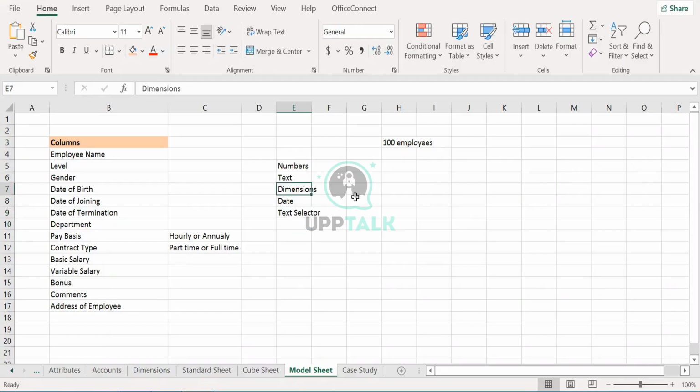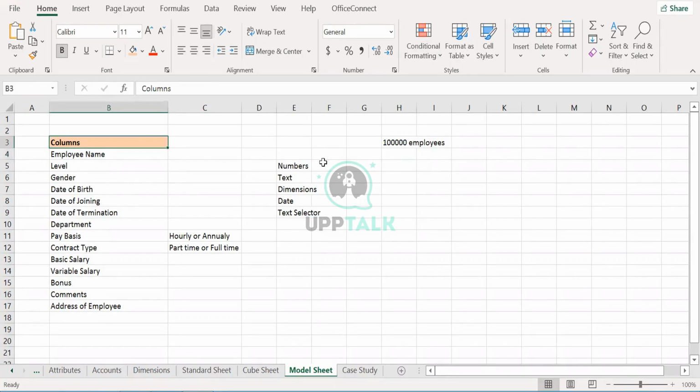Also, for dimensions, there is no restriction in terms of number in a model sheet, but in a cube sheet there is a difference: you can only add 10 dimensions at a time in one particular model. Here in this sheet, if there are 50 more columns in this data, we can build as many columns as that. There is no restriction, no problem. If there are 1 lakh or 1 million employees, there is no problem. You can maintain and work across the salary for all the employees.